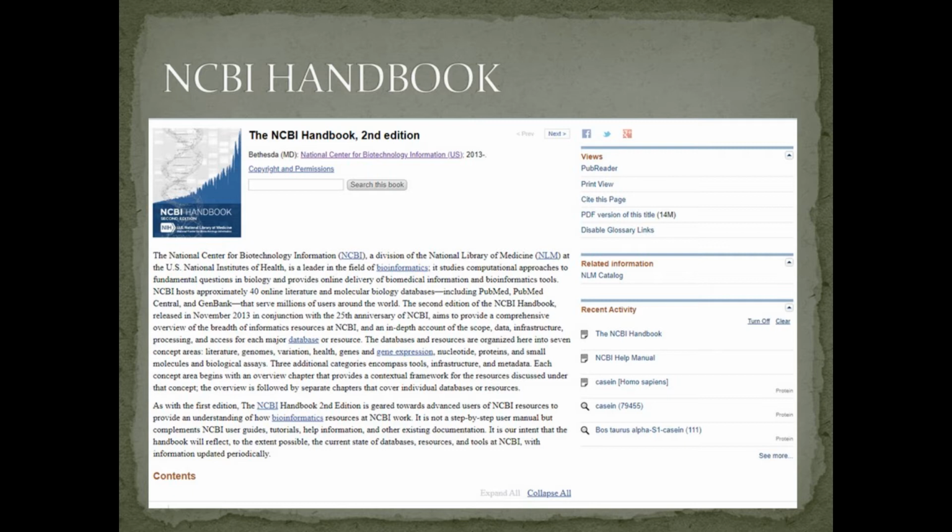It studies computational approaches to fundamental questions in biology and provides online delivery of biomedical information and bioinformatics tools. NCBI hosts approximately 40 online literature and molecular biology databases, including PubMed, PubMed Central, GenBank, and so on.